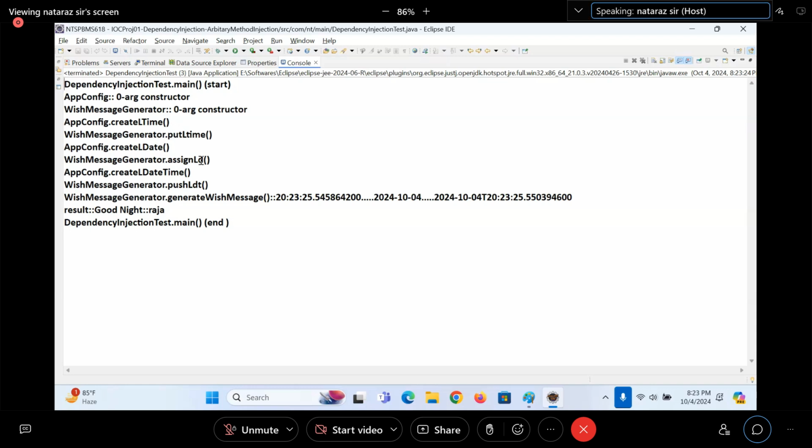The methods assignLD and TLDT are called automatically, injections are done. Same story as setter injection.